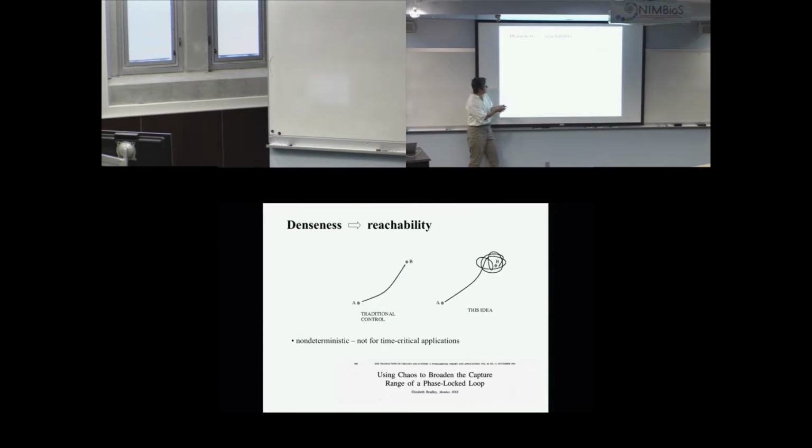Instead, you could imagine an alternative idea. I'm here. I want to get to here. What if I just turned my knob of my dynamical system to a value that caused the system to have an attractor that got near B, and I just wait? Okay? And that worked. You can't prove how long it's going to take to get there,